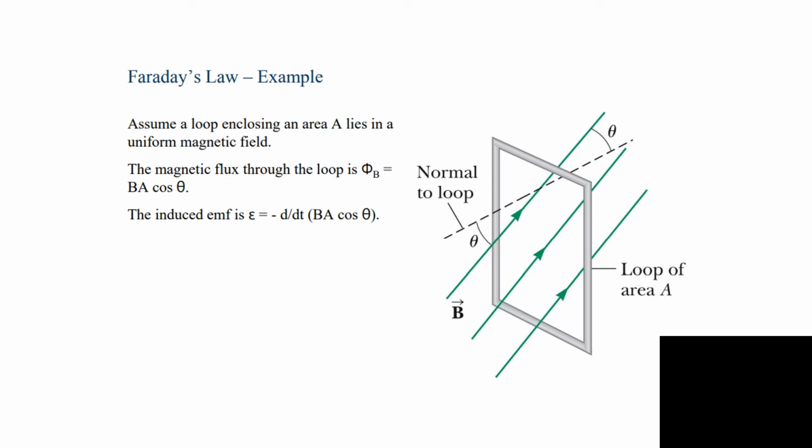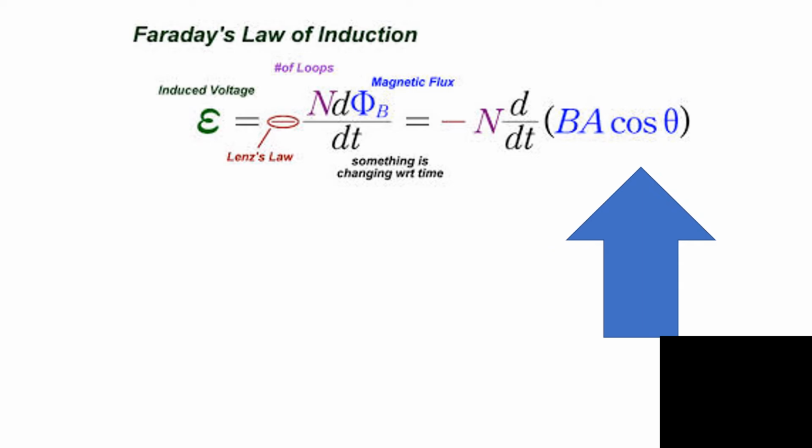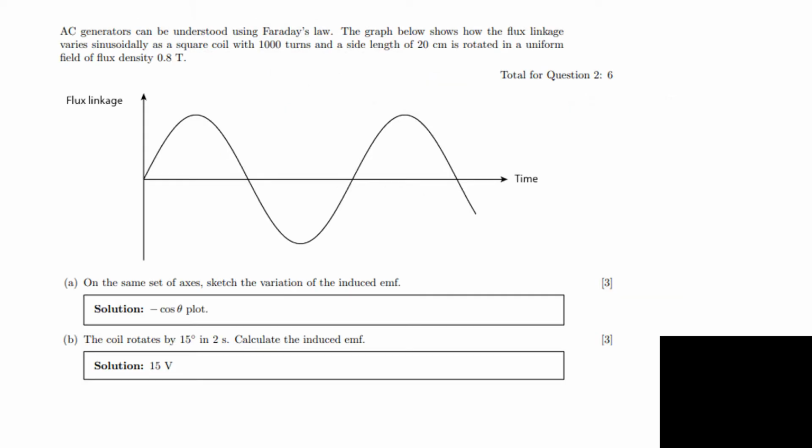The induced EMF is E equals minus d by dt of BA cos theta. So this is just repeated. The induced voltage is equal to, we can take the N outside because N is a constant, so it equals minus N d by dt of brackets BA cos theta. Right, so if we look at this example here, AC generators can be understood using Faraday's